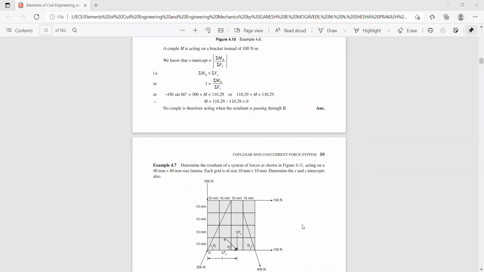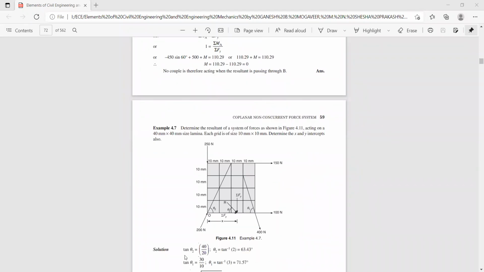Now let us see theta 1 and theta 2. Tan theta 2 is 40 divided by 20, so the value of theta 2 is 63.43. Tan theta 1 is 30 by 10, so theta 1 works out to be 71.57. So these are the corresponding angles, theta 1 and theta 2. Now, select the reference axis x and y. Next step is to find